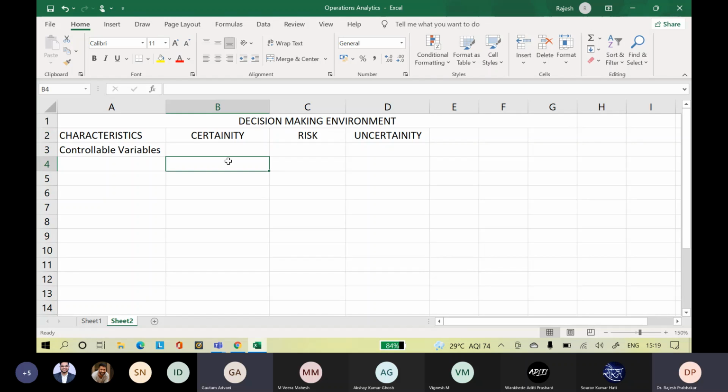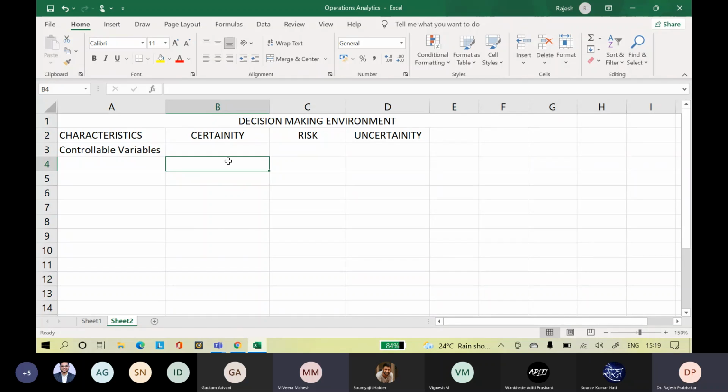Okay. What else? Controllable variables can mean, for example, if I have to produce two products, how many of them will I produce in order to maximize profit or minimize cost? So that is controllable, right? Anybody else? Sir, those are the variables which we like to keep constant during our work.